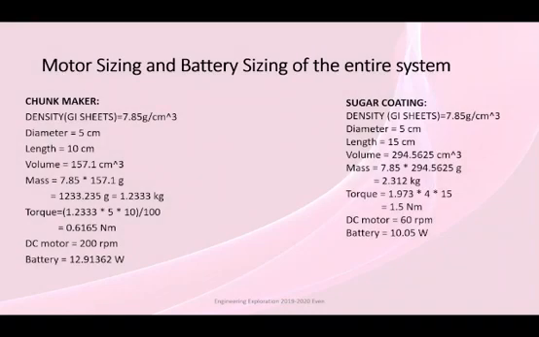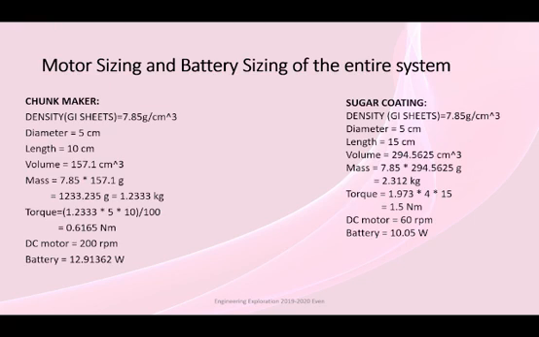Motor sizing and battery sizing of the entire system. Chunk maker. The density of the material we will be using is 7.85 grams per centimeter cube. Diameter is 5 centimeters. Length is 10 centimeters. And the torque is 0.6165 Newton meter. The DC motor we will require is of 200 rpm, and the battery power required is